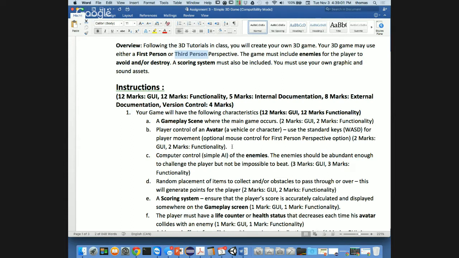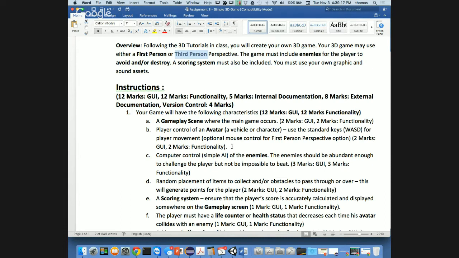One level, so when you get out at the end of the level, it's the end of the game. You get a certain number of points. You could get points for killing, surviving, picking up pickups before the enemies get to you. There's all kinds of ways to make this go. I'm not going to give you too many details about how this is going to happen, but you need to have some kind of scoring system, some way to win.